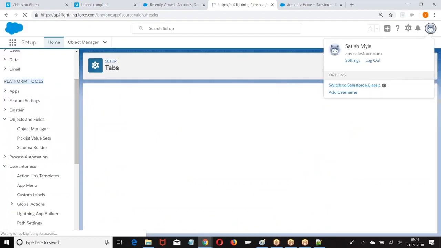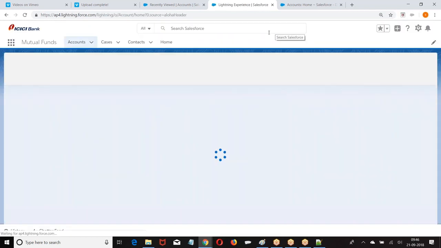In both cases, the steps are the same, only the navigation process is changing.